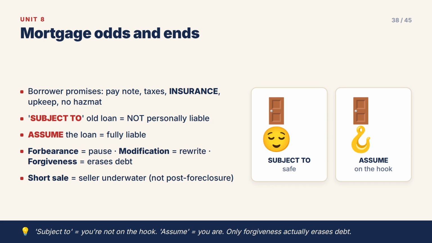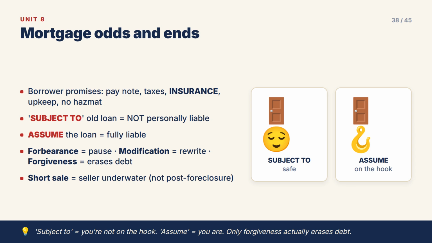And the mercy menu: forbearance pauses payments for someone with a verifiable income hit. Modification rewrites the terms. Forgiveness, the only one that erases debt, means the lender writes principal off and walks away from it. A short sale happens because the seller is underwater and can't keep up the payments, not because a